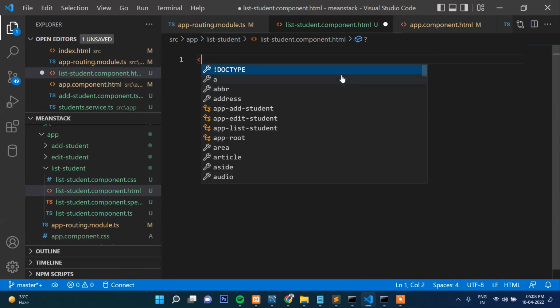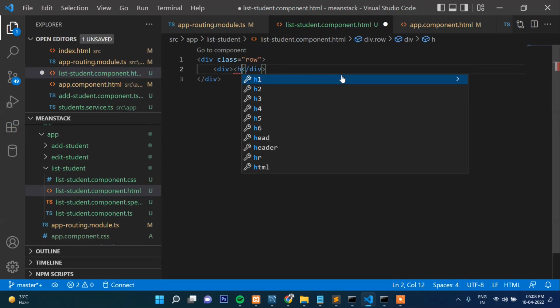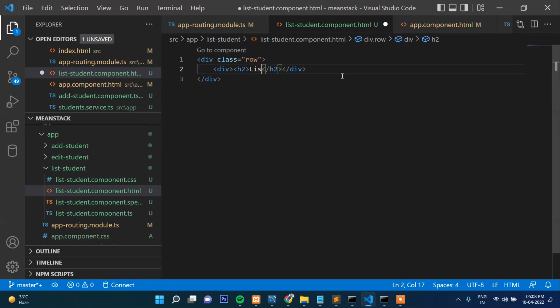So here div and div close. So class row, div and then h2, list students, students list. This is the heading